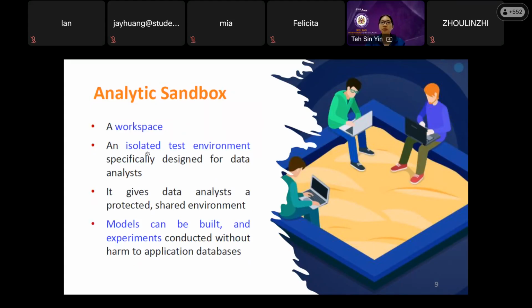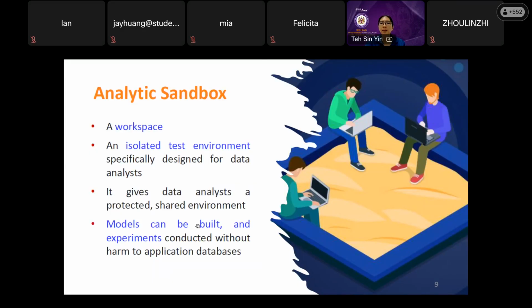Workspace: an isolated test environment, and it gives the data analyst a protected, safe, shared environment. So the team can do the analysis inside the environment.